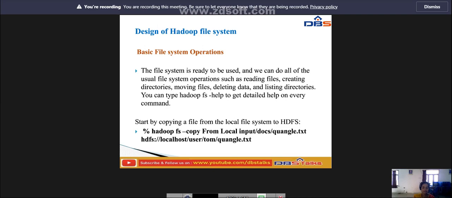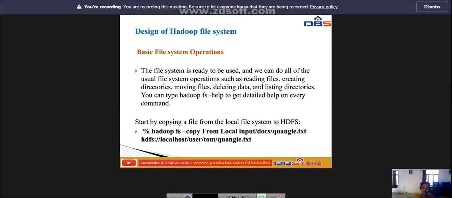So I am giving percent hadoop fs -copyFromLocal input/docs/quangle.txt. So from where I'm copying the information: local file system to HDFS.